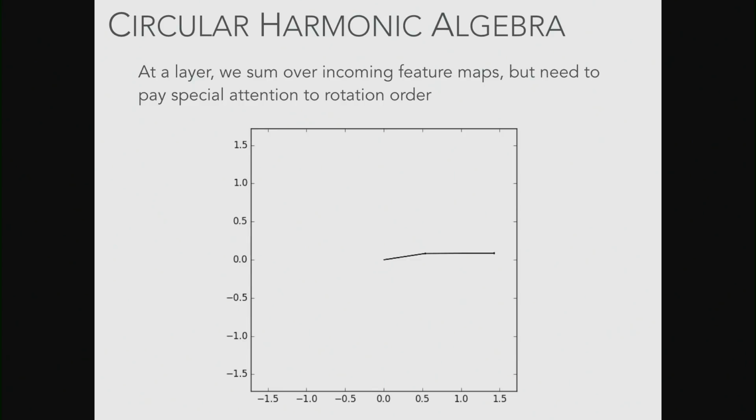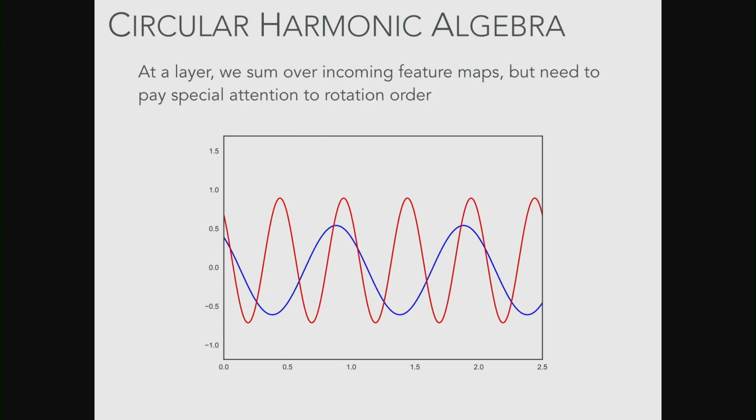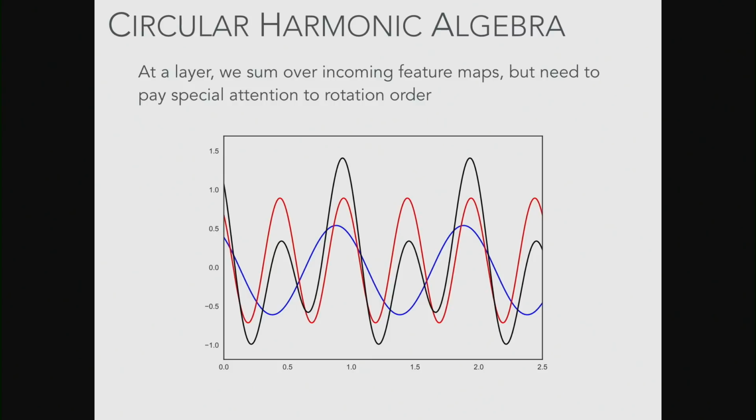And then if you're not careful, what happens is that you get this kind of action. When I've taken my input image and rotated it, and I look at the response, I get this horrible thing here, from which I cannot infer the input angle. And basically what's happening is you get this thing called interference.